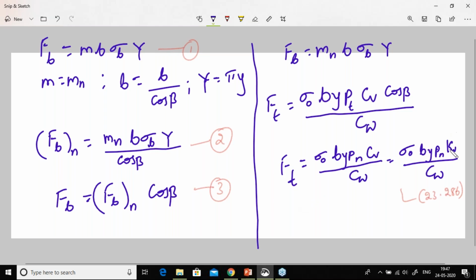So in this one, kV or CV is nothing but the velocity factor. Then Cw is the wear and lubrication factor. We will get this value from table 23.47. Sigma naught is the static allowable stress. We will get this one from table 23.48. Pn is equals to normal pitch, which is equals to pi into m suffix n, where mn is nothing but the normal module. So this is about the beam strength of helical gears.